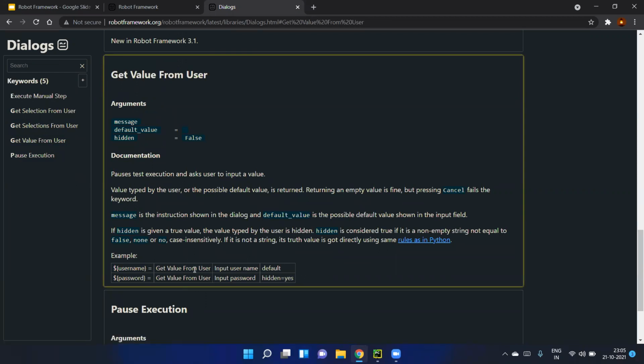You will mention the keyword, the variable name, and the prompt content, or let's say the prompting message to the user. Then the user will give the input. If the user does not give a value, you can mention the default value. And sometimes if you are getting critical or sensitive data like a password, you can mention hidden equal to yes, so that whatever the user types in the prompt will be shown with ASCII characters.